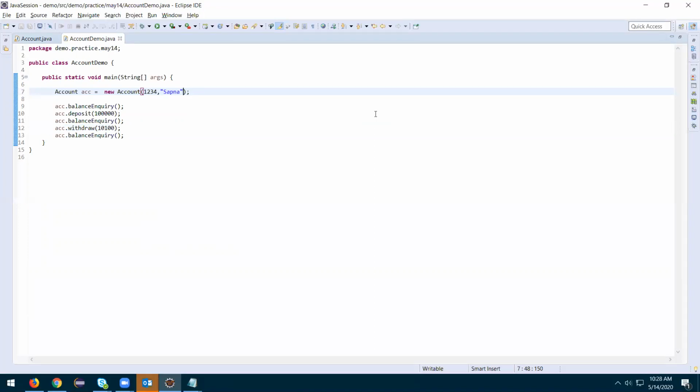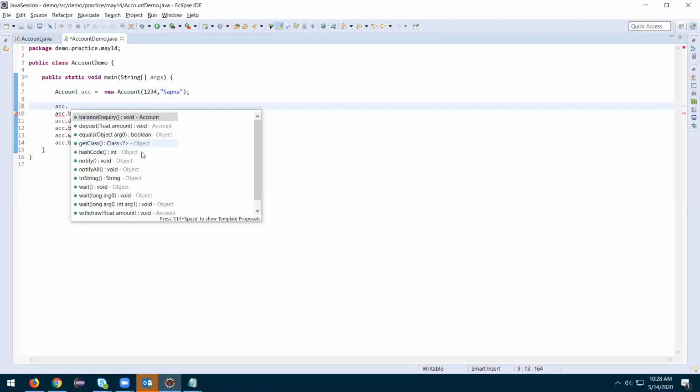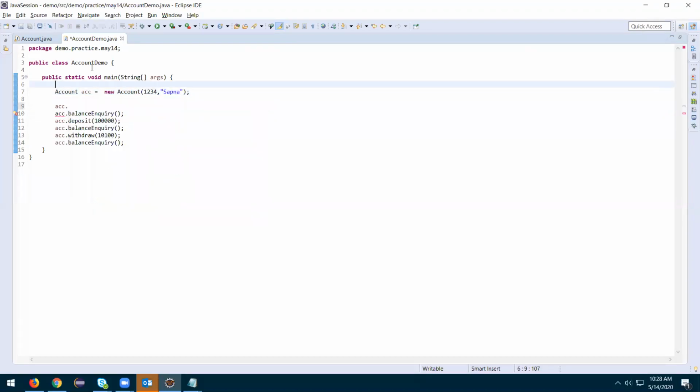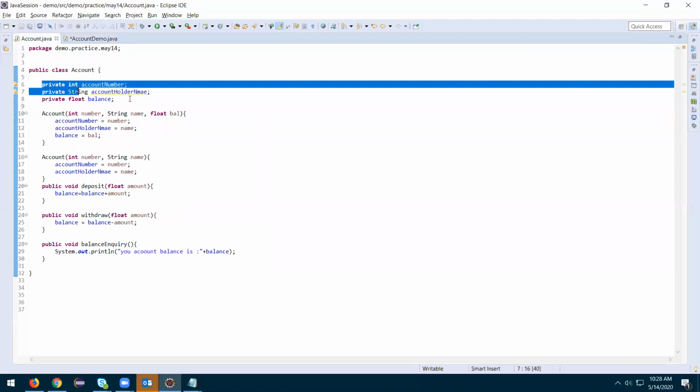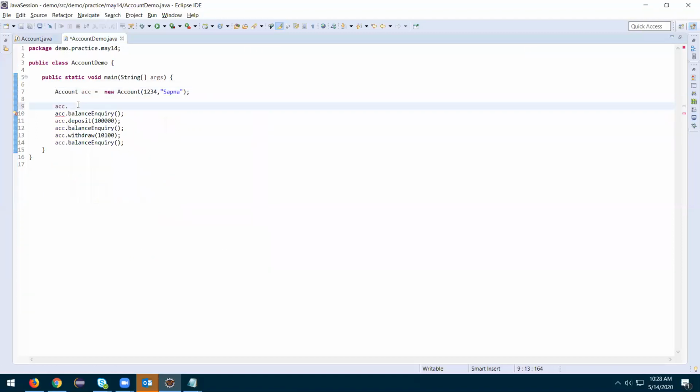If you don't pass the balance, see line number 10, you are depositing something, right? I want to do like that with all the variables. How can I do it? Like ACC dot balance equal to, we can give some value, right? Some variable we are declaring inside account. So ACC dot that variable. What is that? Some account name. As of now, all those are private, so we cannot access them outside of this. So you have to make it public, right?